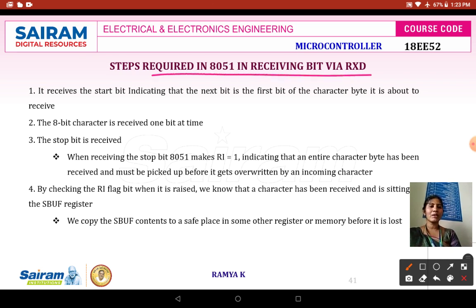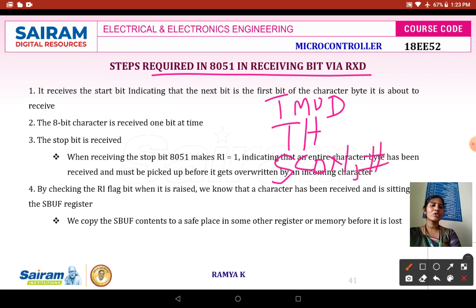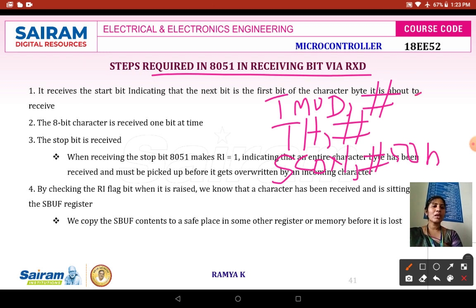I have discussed the steps earlier. First you have to load your TMOD register, then the corresponding baud rate has to be loaded onto the TH register. After that, you need to load the serial control register SCON with #50H. Depending upon the baud rate, you will be loading the data in the TH register, and the TMOD register should be loaded with mode 2 operation, that is 8-bit auto reload.